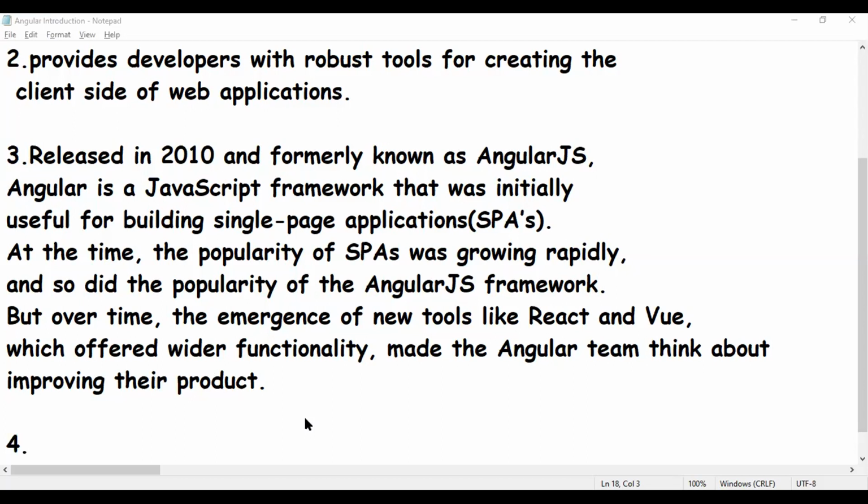The new features include semantic versioning. So what is this semantic versioning? Semantic versioning is a formal convention for specifying compatibility using a three-part version number.